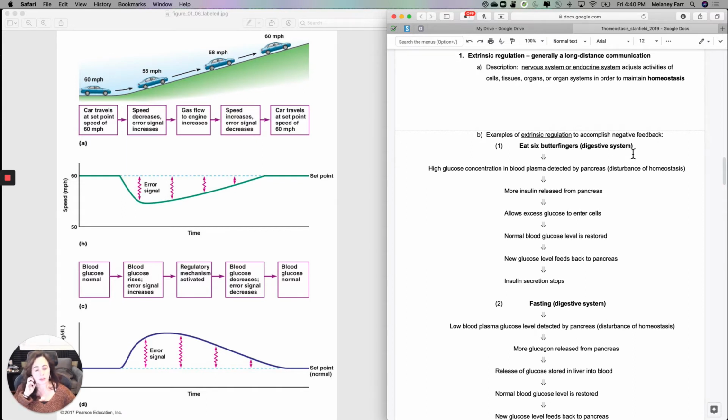So first, extrinsic regulation to accomplish negative feedback in order to maintain homeostasis. So you are an 11-year-old kid and you go trick-or-treating. And you get 6 full-size Butterfingers, or let's make it even better, 6 full-size Reese's, or whatever your favorite is. And